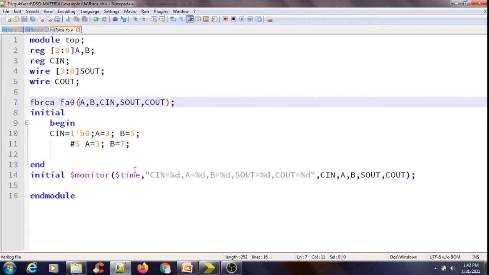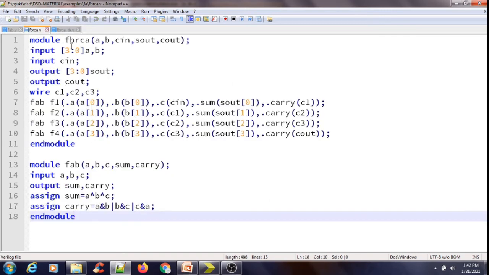So as I have said, let me go with the definition. Module 4-bit ripple carry adder, okay, and A, B, C in are the input ports, and S out and C out are the output ports. So it is a 4-bit ripple carry adder, meaning 4 bits for A and 4 bits for B will be present, and the input C in will be only one, a scalar quantity. Output will again be S3, S2, S1, S0, so it is a 4-bit quantity, and output C out. In between I may have C1, C2, C3 as my intermediate carries.